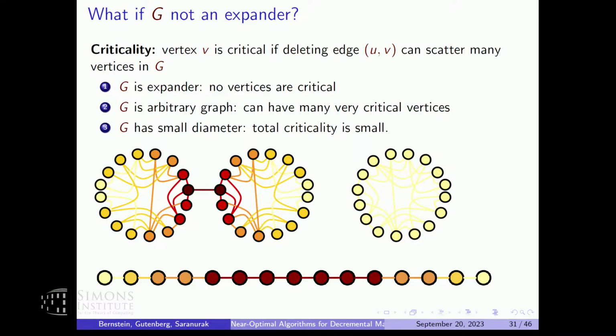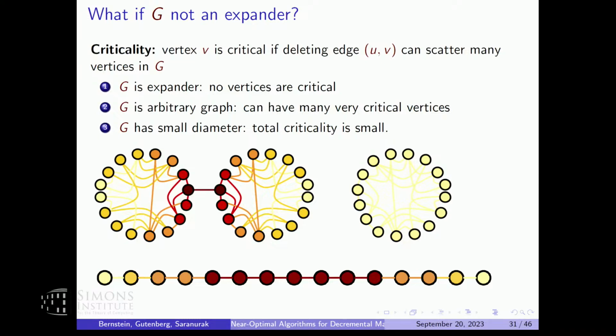In a path graph here, basically all the middle vertices are critical. If you delete any of these vertices, if you delete any of the edges around these vertices, you decompose the graph. In this graph here, the middle edge is critical. The parts right around it are critical, but everything else is non-critical. If you delete the edges around here, you have basically no impact.